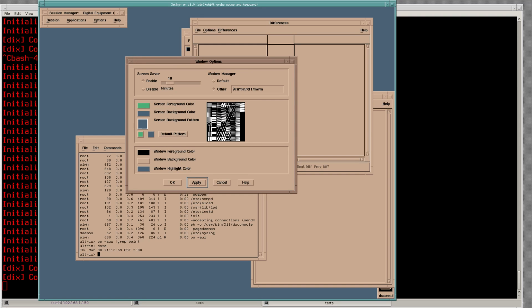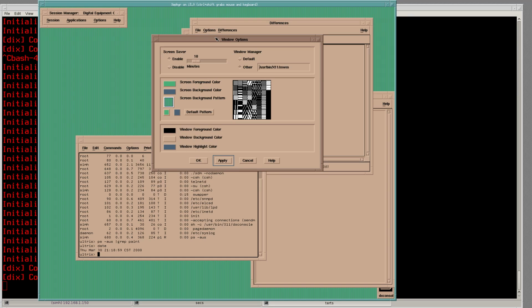Didn't seem to do much. Background pattern. Okay, there we go. Went and changed our stuff. So this is actually a pretty concise, well thought out view of